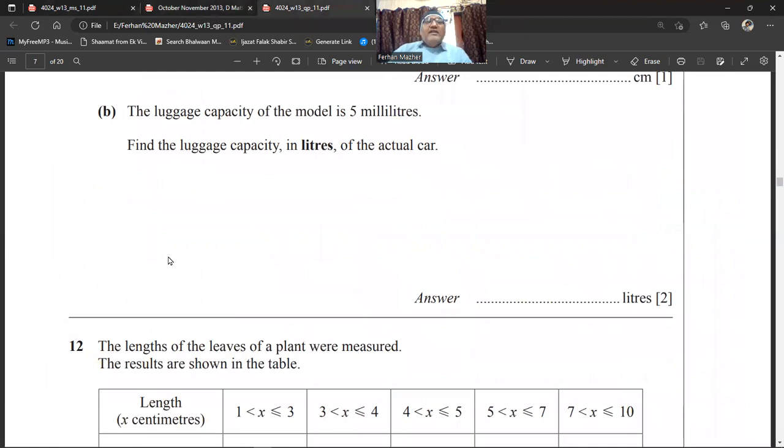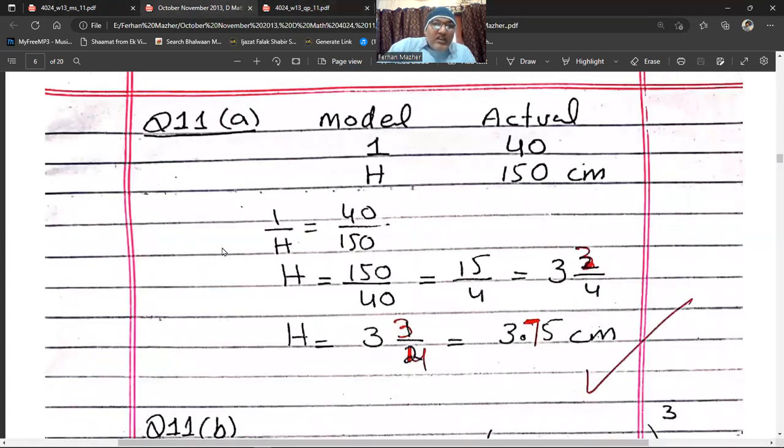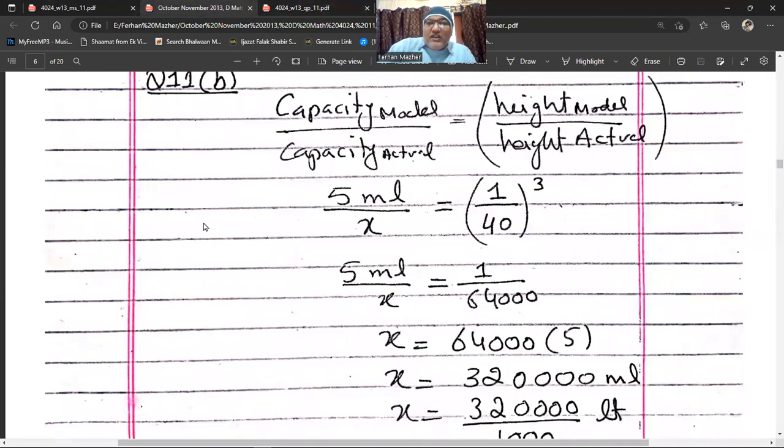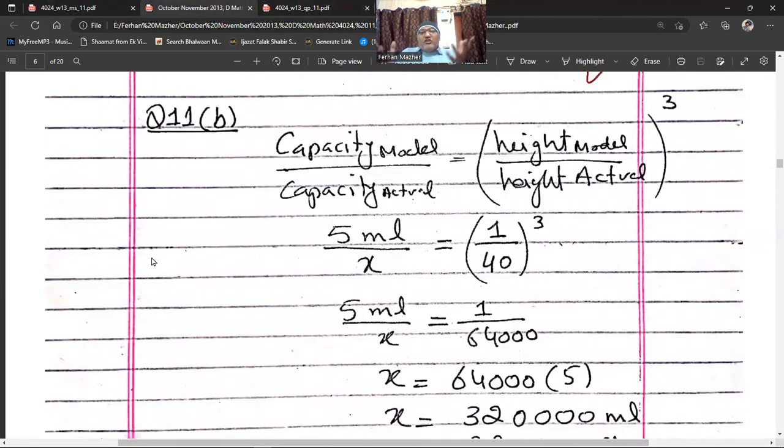The luggage capacity of the model is 5 milliliters. Find the luggage capacity in liters of the actual car. Okay, so the capacity means the volume. Okay, how much space is there? It basically means volume. So the capacity of the model divided by the capacity of the actual will be equal to the height of the model divided by the height of the actual, and the whole thing raised to